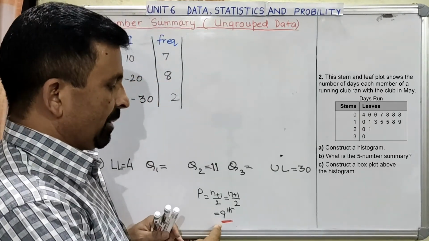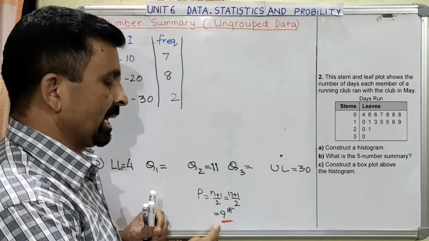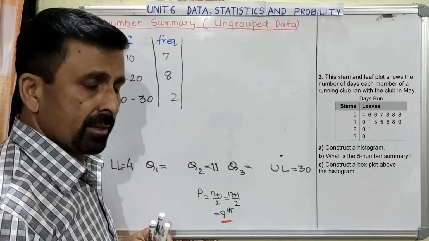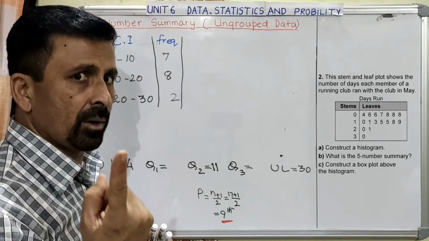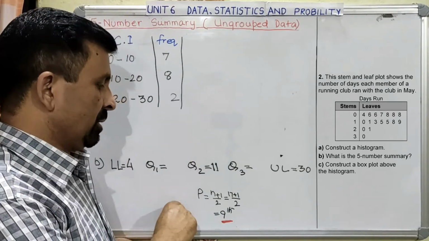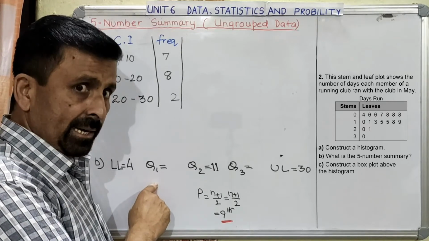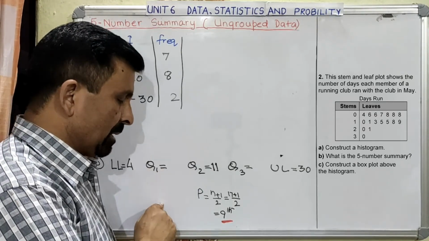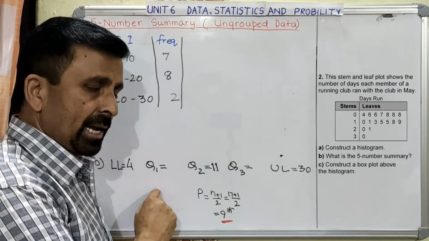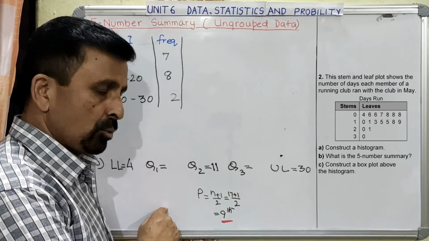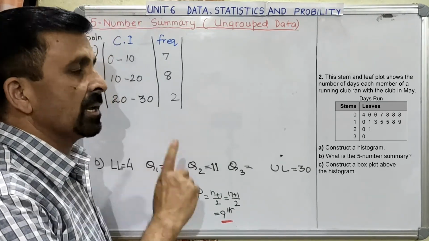Alright, now we are moving on to calculating Q1. For Q1 we have how many data? 9, and this 9 is again an odd number. Therefore for this Q1 also you will get only one position. So we will find the position. There are 9 data, so 9 plus 1 divided by 2. That means 10 divided by 2. That means the position for Q1 is the 5th position.